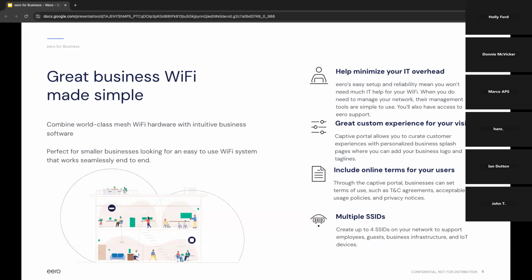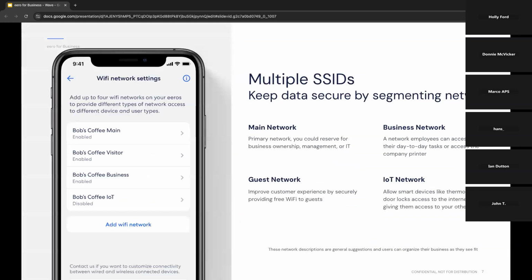Or I want to have a network dedicated just to being able to use IoT devices. We're able to set that up really easily with eero for business. So let's talk about that last one a little bit more in detail, right? With eero for business, you're able to get 4 networks, 4 SSIDs, 4 Wi-Fi networks. There are several different types with pre-designated ideas behind them. Obviously, you can mix and match and use however you please, but the main idea here is that you've got